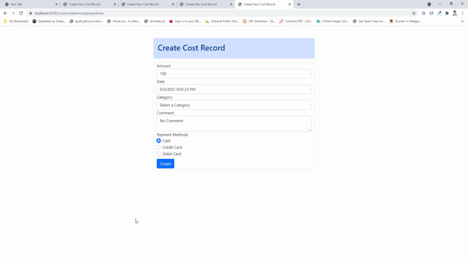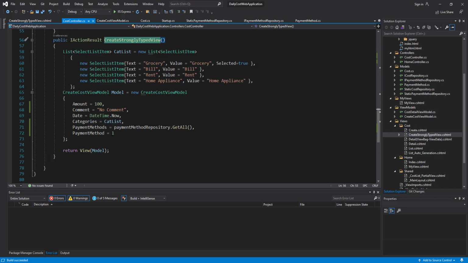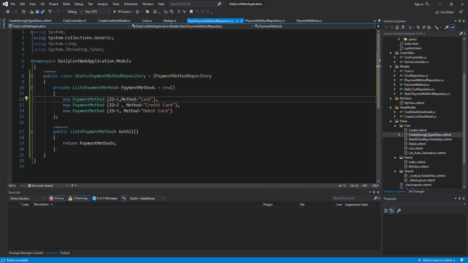Let's flip back to Visual Studio and to the controller. Now I use payment method 3 as the default one, and as you can see inside this one, the 3 is Debit Card. Let's save it and run the project